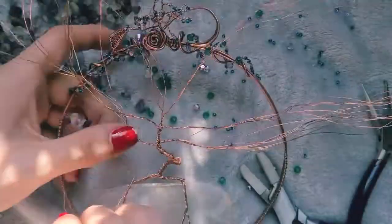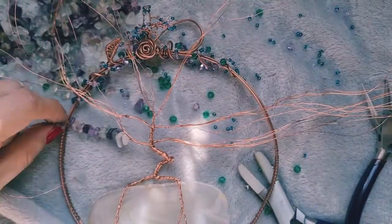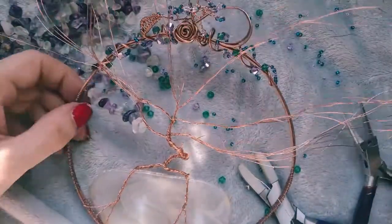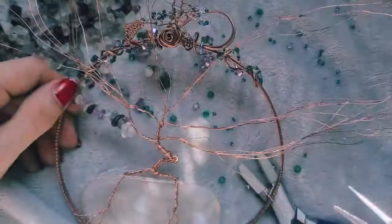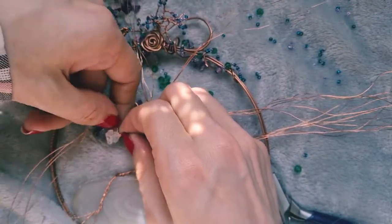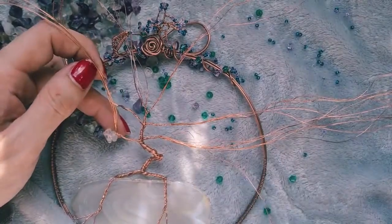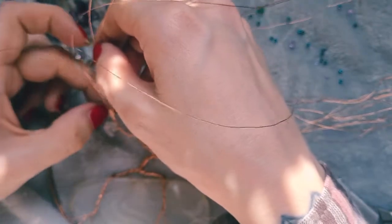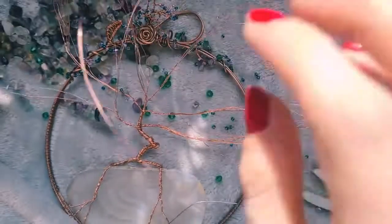Here, just a couple of times, nice and tight, and come in close, but careful of your main wire and snip it off. Tuck any nasty ends away, and keep going. I'm going to wrap this around here and then just twist this a couple of times just to separate it off a little bit. And then I'm going to do what I said and do the 2 for 1 to show you how I do that,